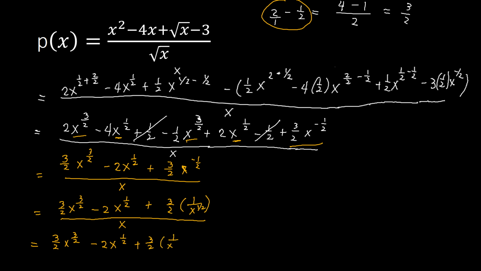We can simply multiply that one. So this will be now 3 times 1, that's a 3, over 2 times x to the power of 1/2. The entire thing will be multiplying that one with the reciprocal of your x. This is with 1 here as a denominator. Reciprocal of that one is 1 over x. So by that, we can now simplify. So this will be now equal to, distribute 1 over x, so this will be now equal to